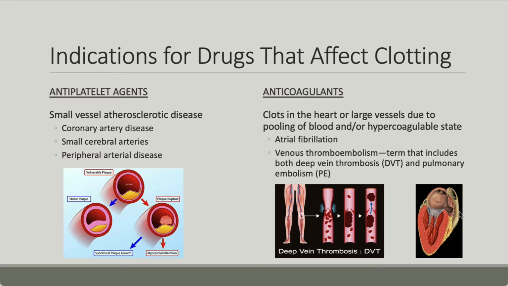And it's just this appendage that hangs off over top of the ventricle from the atrium on the left side of the heart. And if blood clot forms in there, as in atrial fibrillation, it can break loose, go to the brain, give you a stroke. It's no good. DVT, of course, forms in the deep veins in the leg.